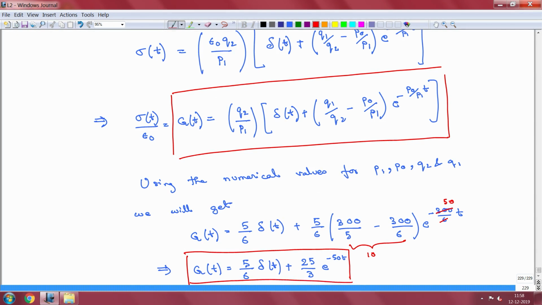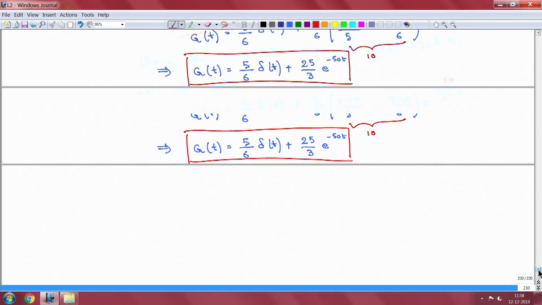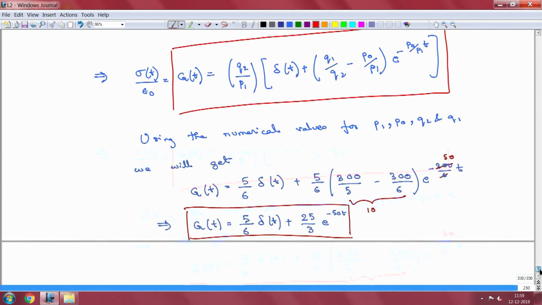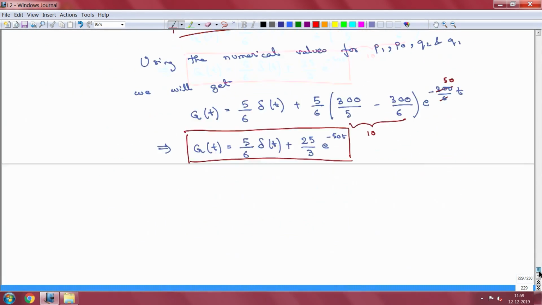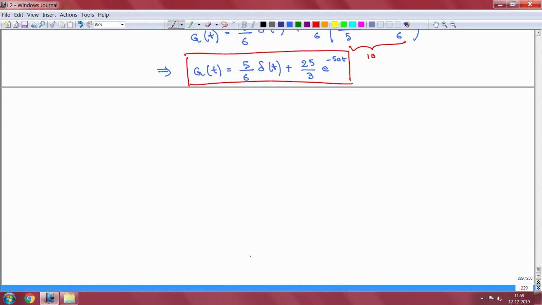And as I said, you are free to do this calculation by yourself and check my answer. Okay. So, when we started out, we had 2 questions. We wanted to find out the expressions for G(t) and J(t). So, let us go ahead and try to see how J(t) will look like now. So, for creep compliance,